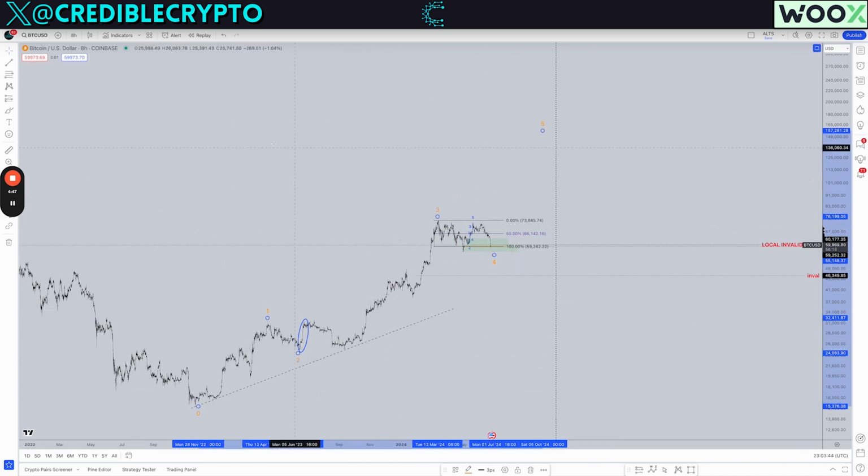And so just to give you guys, again, some context, each of these waves to the upside should get more aggressive as we move up. You can see the first one, the rate of ascent as pictured, the next one, the rate of ascent as pictured. They're going to continue to get steeper and steeper. And so the next leg up should again be more aggressive than what we've seen thus far.